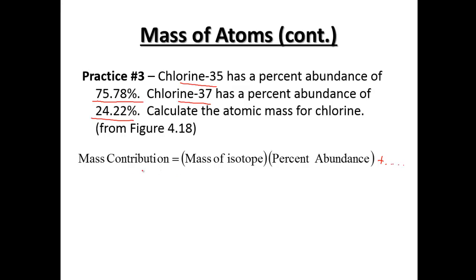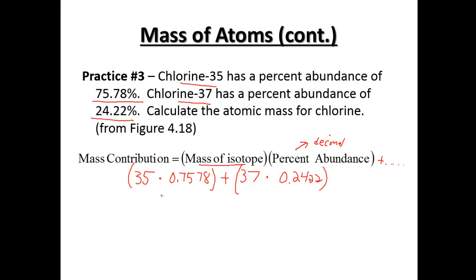So when we look at this one, our mass contribution, the mass of the isotope, so we have chlorine-35, is the mass of the isotope times the percent abundance, which in this case you're going to turn into a decimal. So we're going to move from 75.78 to 0.7578. And you're going to take that and add it to the other, the mass of the isotope, 37, times the other percent,